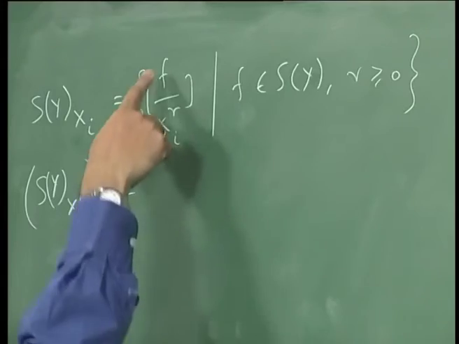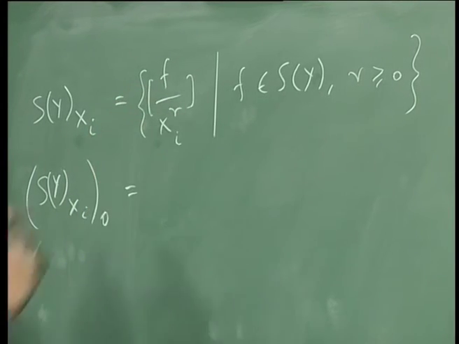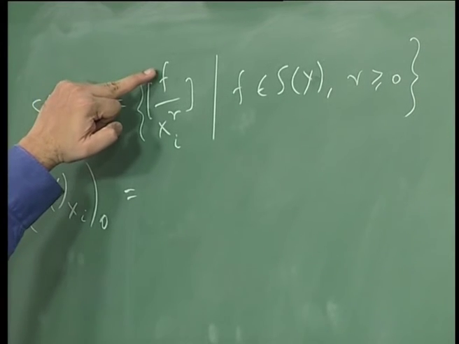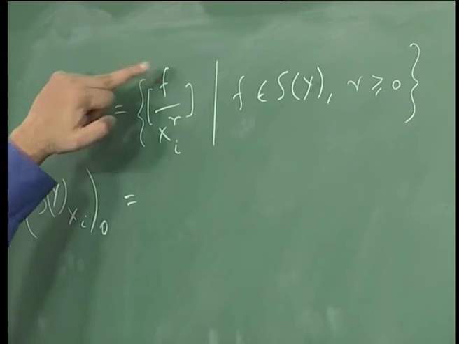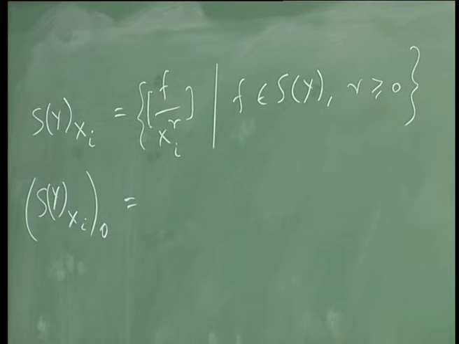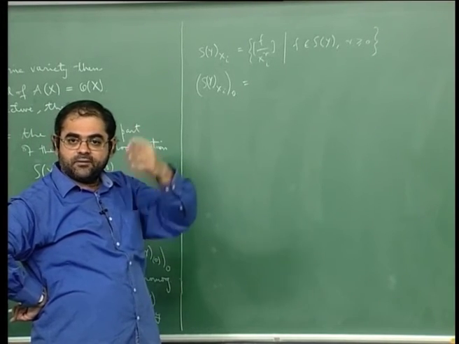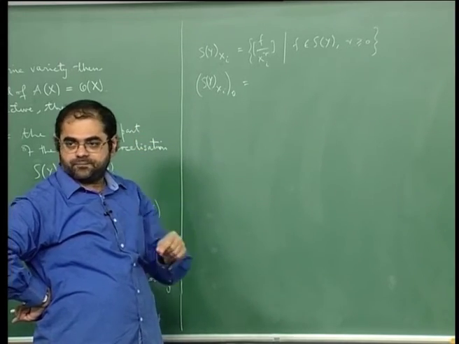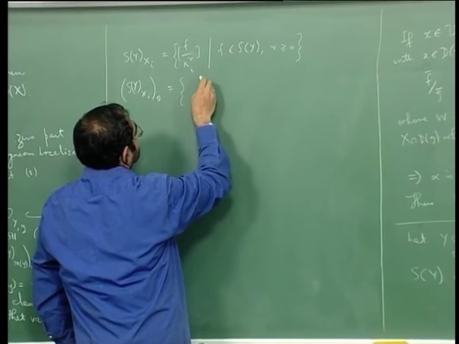It is such things with homogeneous degree 0, which means that the numerator should also be homogeneous, the denominator should also be homogeneous, and they should be homogeneous of the same degree, so that when you take the difference of degrees it is 0. Okay, so this will consist of things of the form